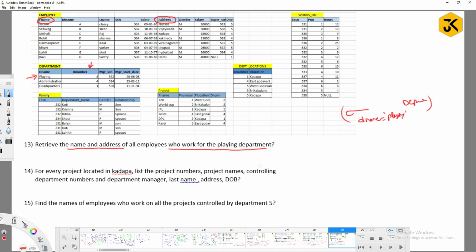Right? Now, what did I get? I got the department numbers. And these department numbers I have to join with what? Join with the employee table, right? So I can write here department number equal to D number. Is it okay now? I made it in a single query. Employee theta join of department number equal to department number on this particular thing. Then you are going to get all details related to playing department, right?